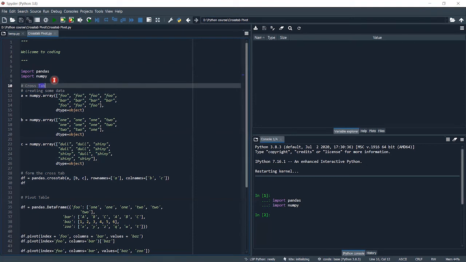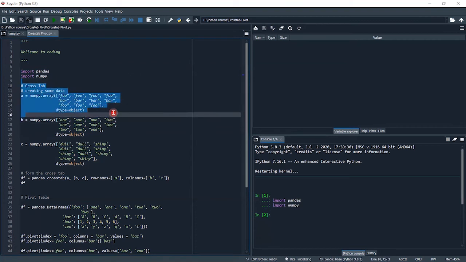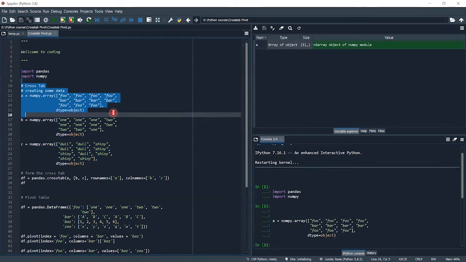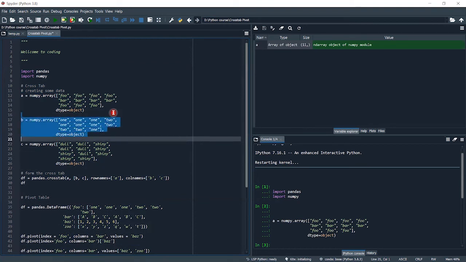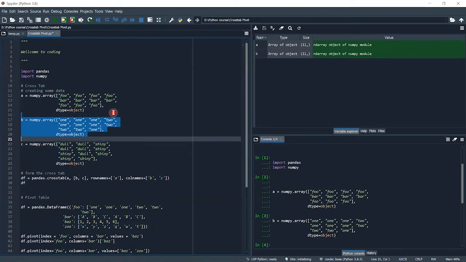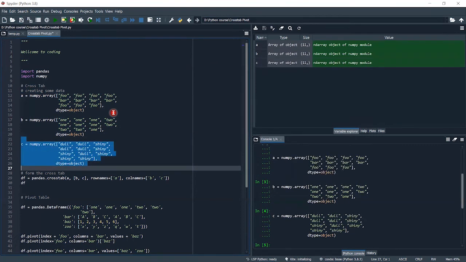For the data frame, I'm just making three numpy arrays. Here's the first numpy array, and I will take this as the first column. Then I will make a second numpy array, and this will be the second column. Then I take the third numpy array, and I will take it as the third column.